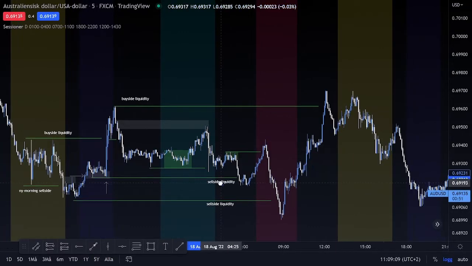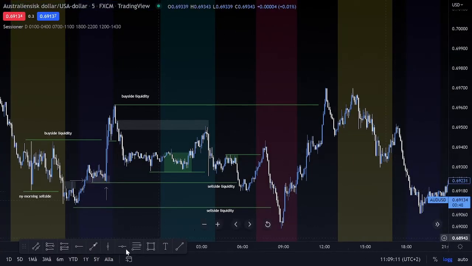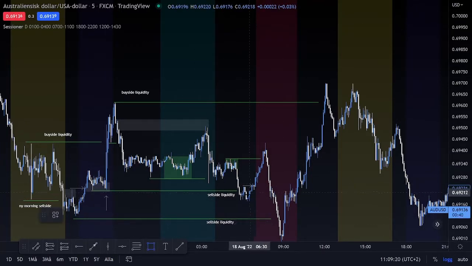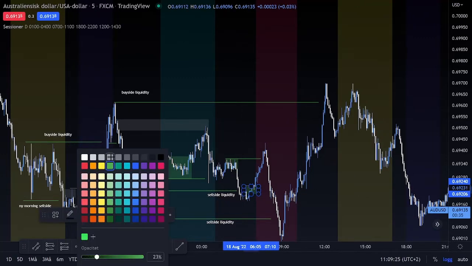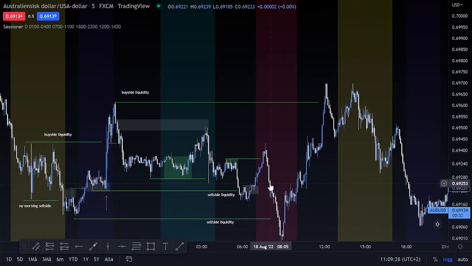And what happens? Intermediate term high, market structure shift right there, fair value gap, bullish breaker. Market maker buy model, consolidation, it leaves, takes out liquidity low, breaks up. So short-term shift here comes down to rebalance into this bullish breaker, takes out the obvious liquidity from